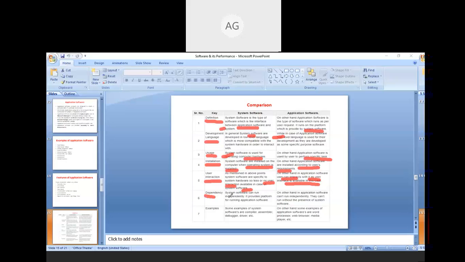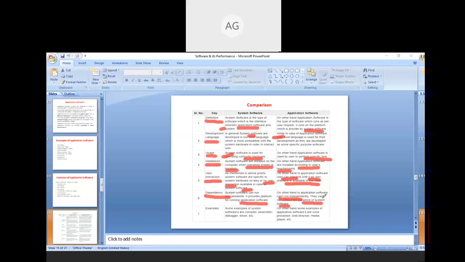The next difference is dependency. The system software can run independently. It provides the platform for running application software. On the other hand, application software can't run independently. They can't run without the presence of system software.